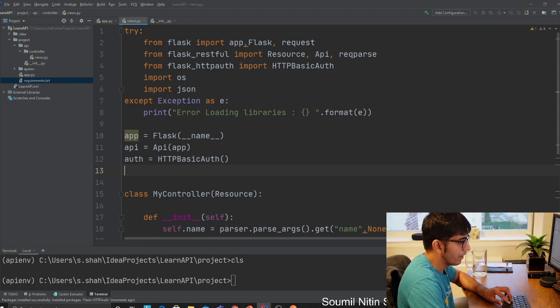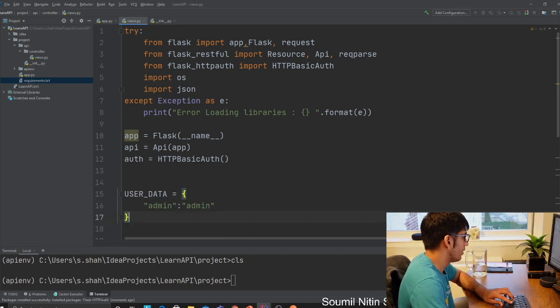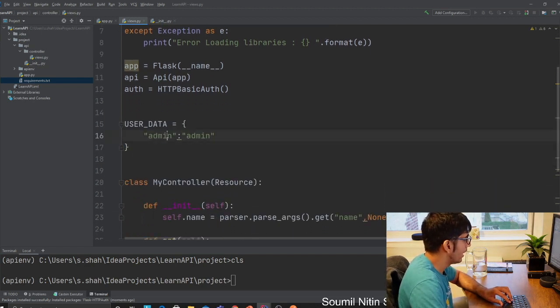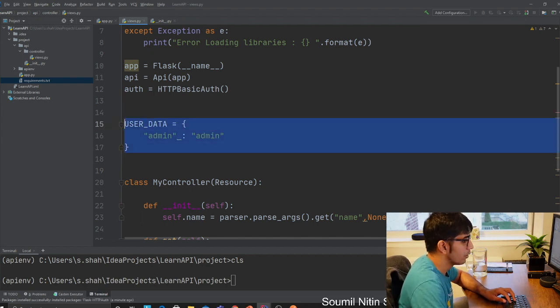So I'm going to define a variable and add some username and password, which I'm assuming is like our database right now, right? You can of course connect to SQLAlchemy, MySQL, Elasticsearch, MongoDB, whatever you want. That's that. Now what you want to do is very easy. It's not difficult. All you have to do is just add a decorator here.